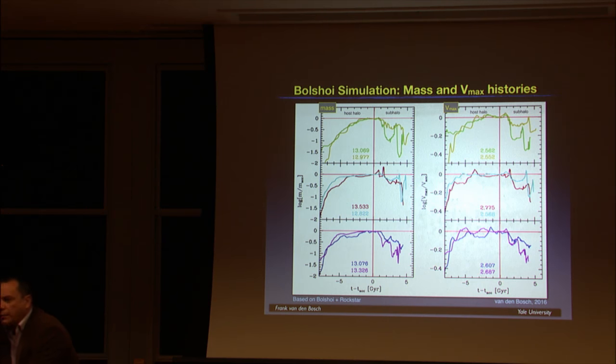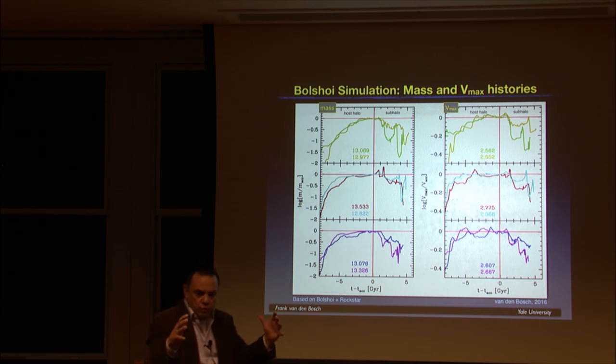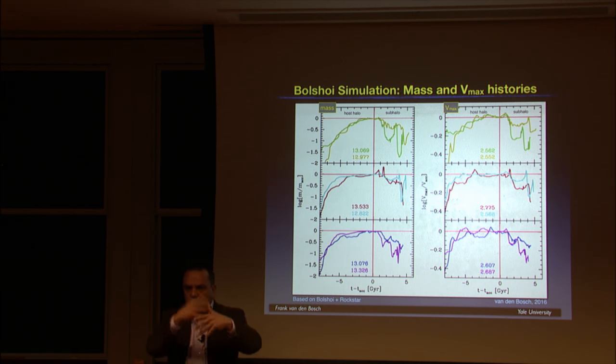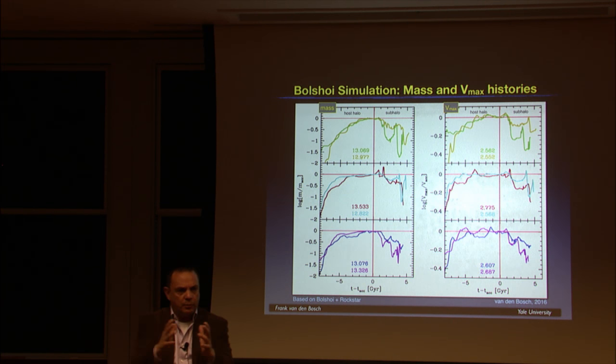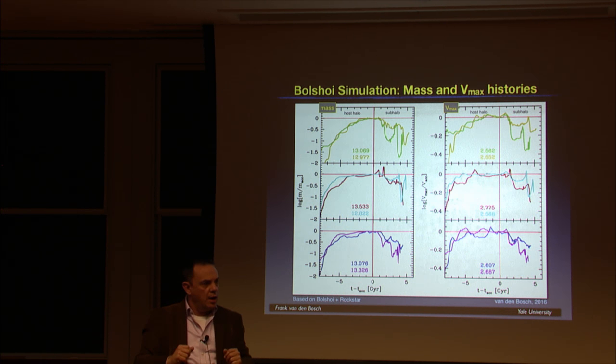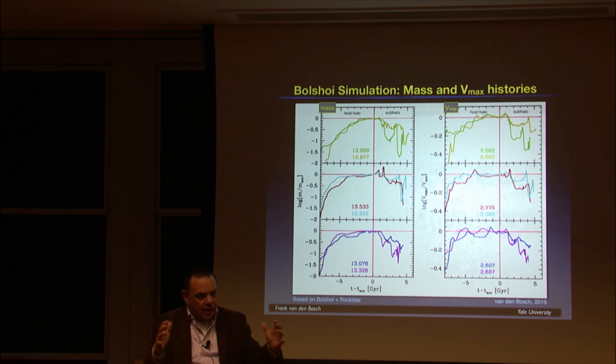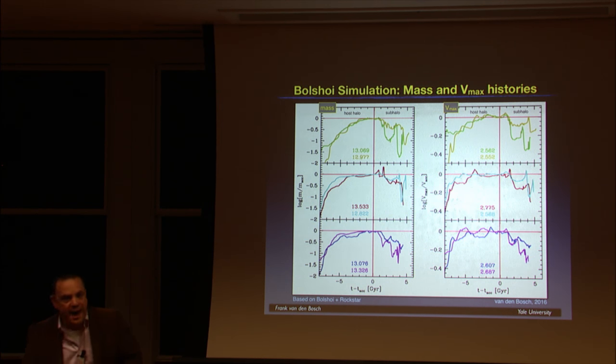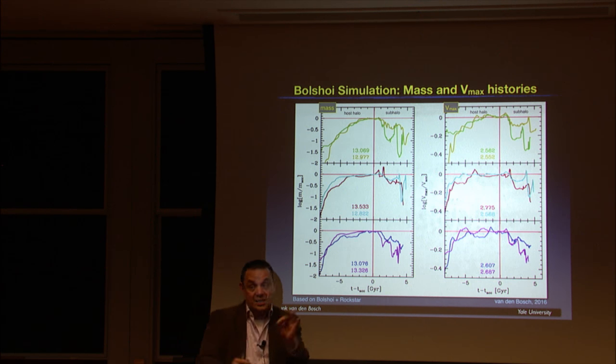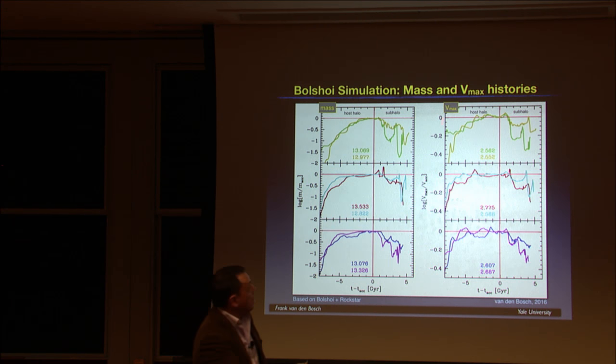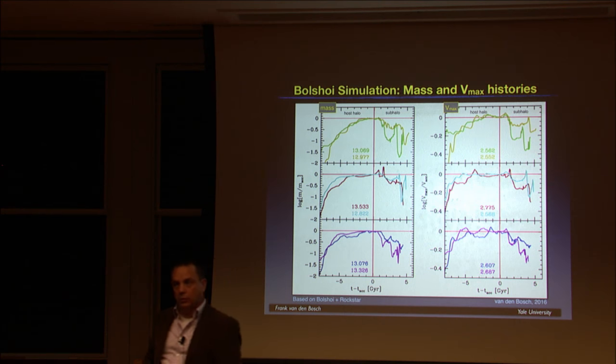And you might argue, well, it's always tricky to identify the outer boundary of a subhalo because it's in this overdense region, the halo, and you may not be able to see the outer boundary very well. If it was just a problem with identifying the outer boundary, then Vmax, the maximum circular velocity, which is sensitive to the inner part of the halo only, would not show that. But you see, even in Vmax, you see this up and down.